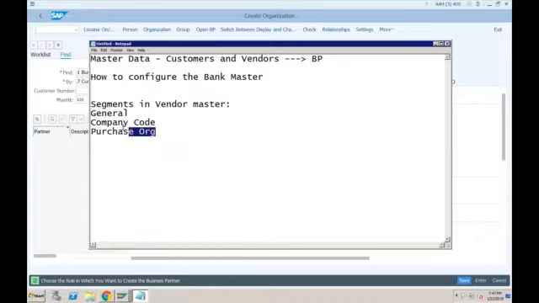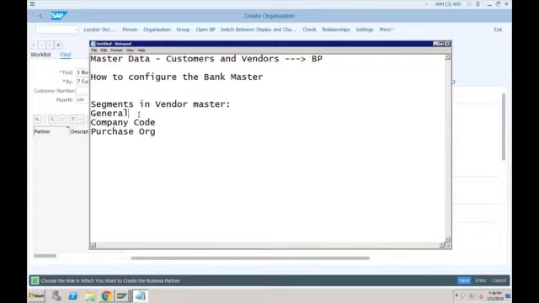So any vendor when we create in SAP ECC, whenever we want to create a vendor, first of all the general data will be created, where you will store information like the name of the vendor, the address information, telephone number, email ID, and the language in which you want to communicate. So basic information, which is valid for all company codes and all purchase organizations.